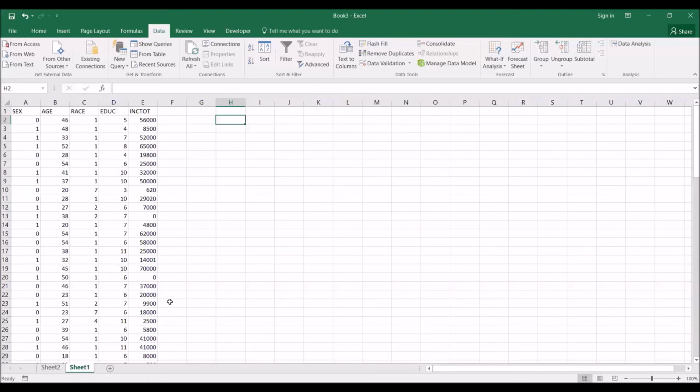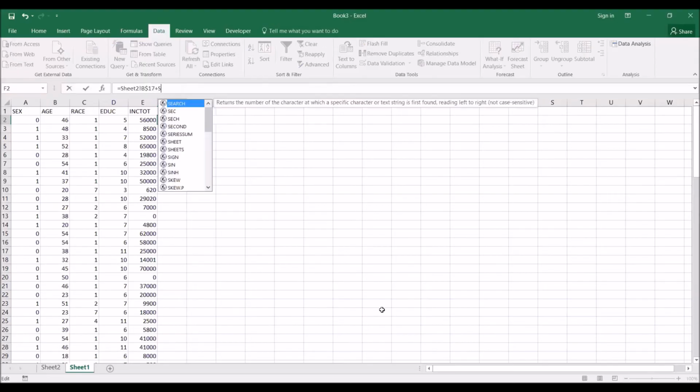We'll go back to sheet 1, and first we'll create a column for the predicted values. So I'm going to type in the formula. So first we need the intercept, and that's in Sheet2!B17. Now remember to add a $ sign in front of the 17 so that that number does not update. And then we're going to add the coefficient for sex, which is in